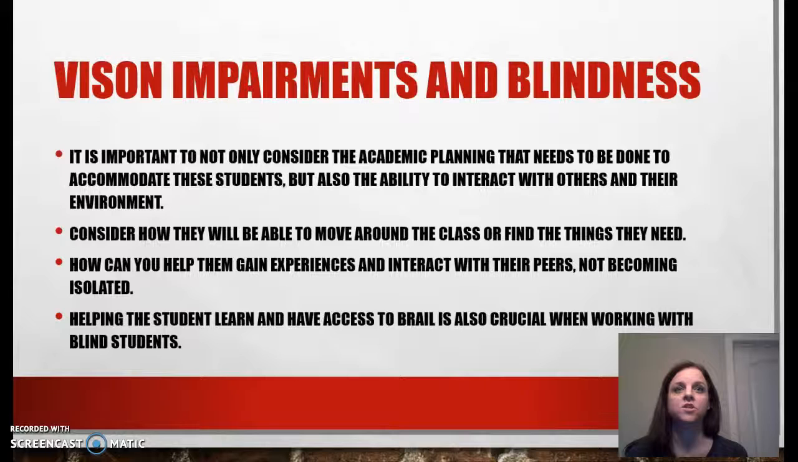How are they going to get their supplies from the cubby area? How are they going to sharpen their pencil? Is there clear walkways? Will they trip and fall? Safe